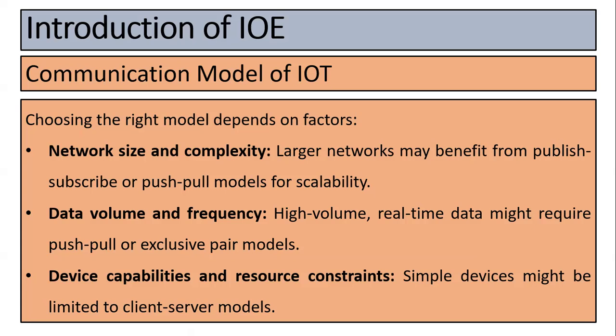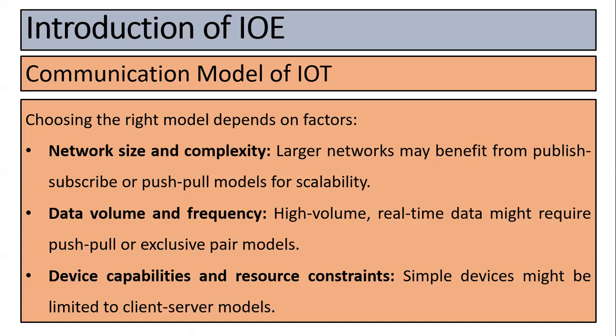Next is if data volume and frequency is very high, volume and real-time data might require, again in this you can see push pull and exclusive pair model is needed. डेटा वॉल्यूम बहुत ज्यादा है, फ्रीक्वेंसी भी बहुत ज्यादा है। फ्रीक्वेंसी आप देख सकते हैं यूट्यूब में बहुत फ्रीक्वेंसी, इतना ज्यादा एक्सेस होता है यूट्यूब चैनल, तो आप देखो फ्रीक्वेंसी बहुत ज्यादा है।